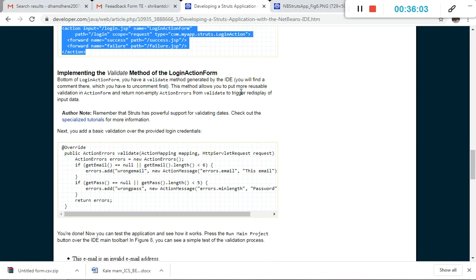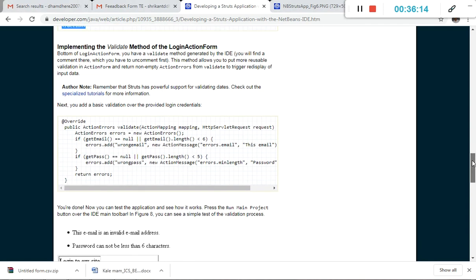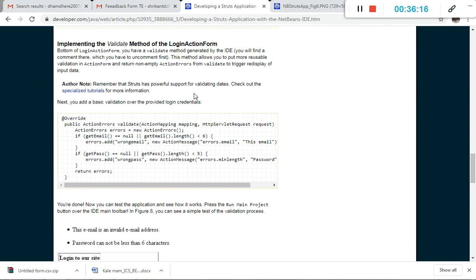This method allows you to put more reusable validation in the action form and return a non-empty ActionErrors to trigger the redisplay of the input data.